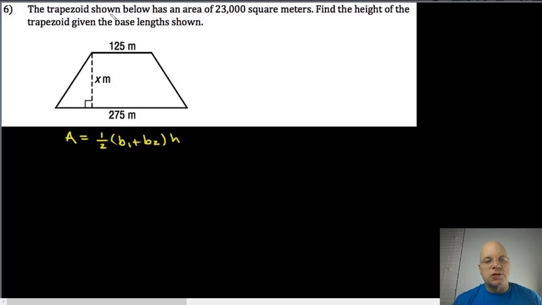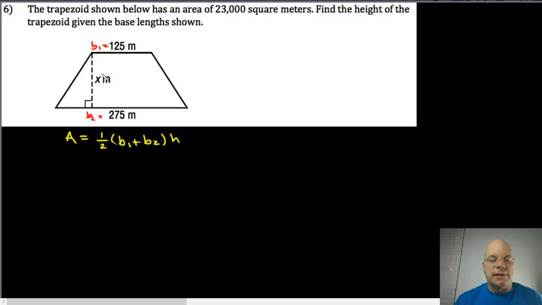So on problem number 6, we have a trapezoid where we have the two bases. Remember, the bases are the sides that are parallel to each other, so they won't always be shown as the top and bottom sides. This trapezoid could be oriented differently, and these would still be the bases, because the fact that these sides are parallel is what makes these the bases. So we could call this base 1, 125, and base 2,